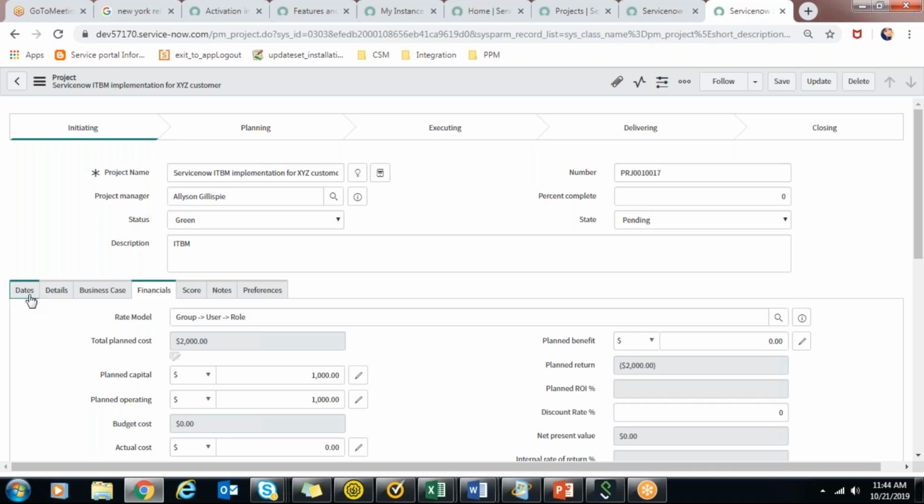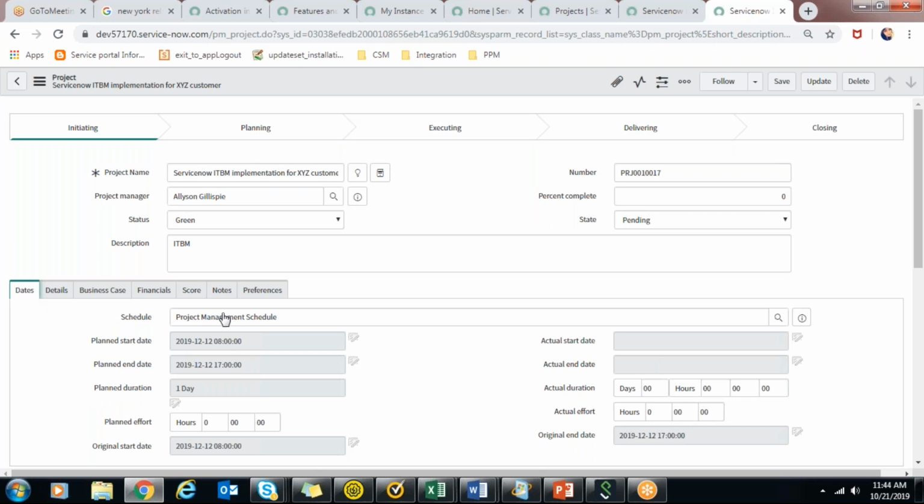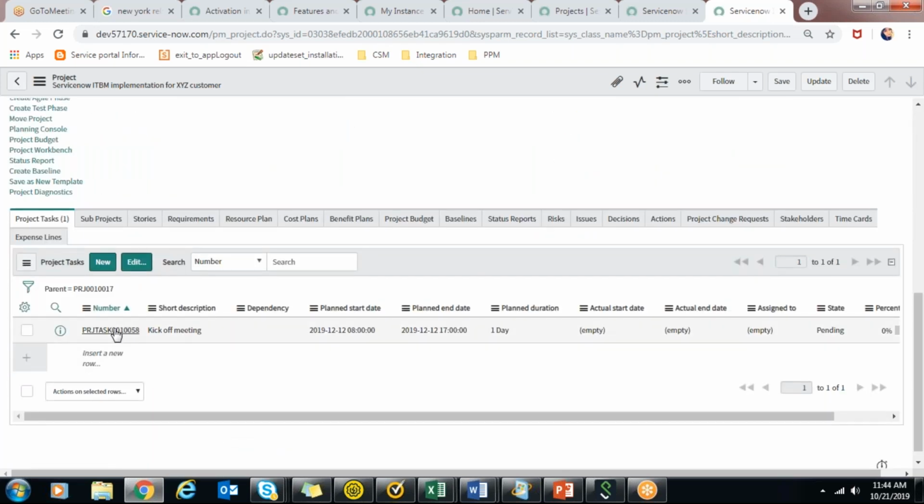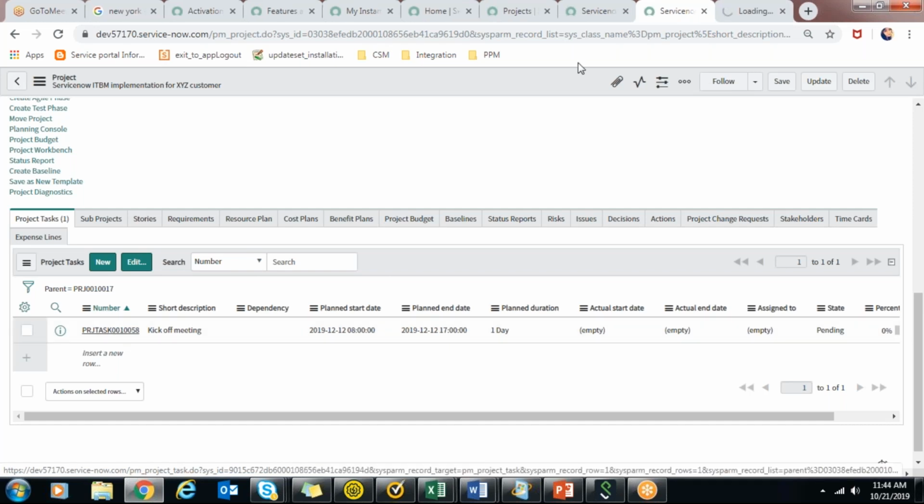Go to dates. See, the plan started and plan ended got updated based on that project task. Now, if I go to this project task and change the dates here, then it will reflect again.